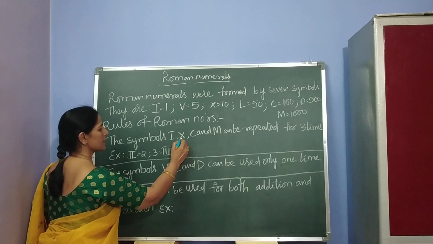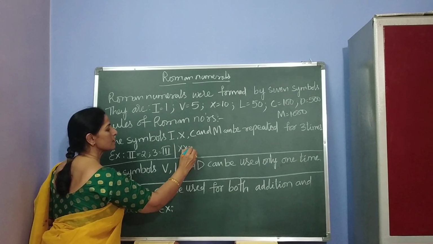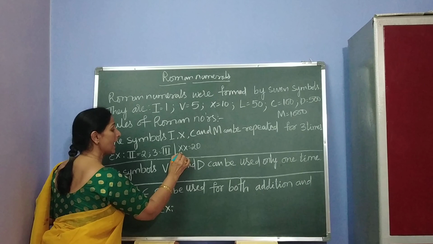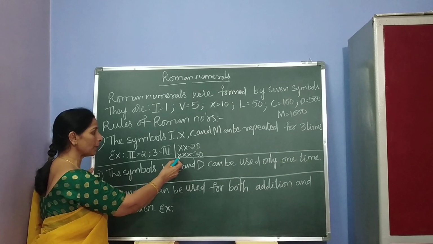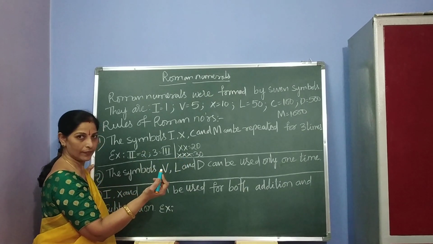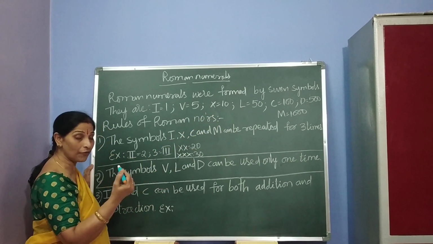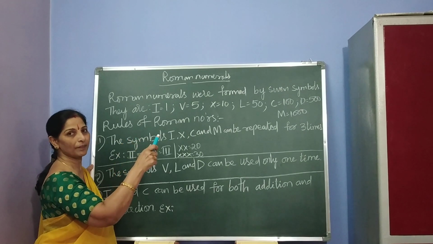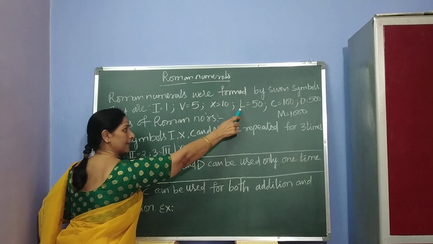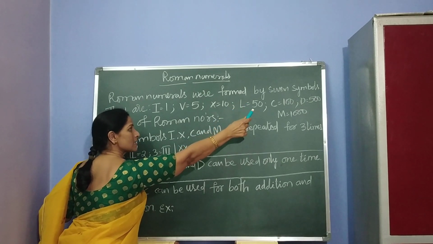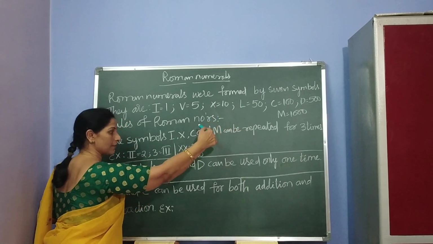So next X. X also, you know. Here X, then 20, X gives 30. Again 40. Here we should not repeat that X more than 3 times. So again that 40 is very close to 50. So to get the 40, we subtract 10 from 50. Okay? L is the greater value. 50 minus 10, that's minus 10. 10 means X. X should be written to the left side.